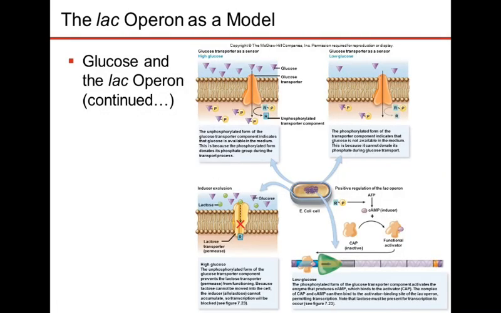All right, so this is just a little bit more of the story of the lac operon. There's a protein that brings glucose into the cell. We actually talked about this scenario way back in chapter 2 when we were talking about how molecules get into the cell, and one of those methods is where the chemical that's outside is brought into the cell, but as soon as it gets in the cell, it gets changed. In this case, we see glucose being phosphorylated to glucose 6-phosphate, which is that starting point at the top of glycolysis. That's the first step of glycolysis.